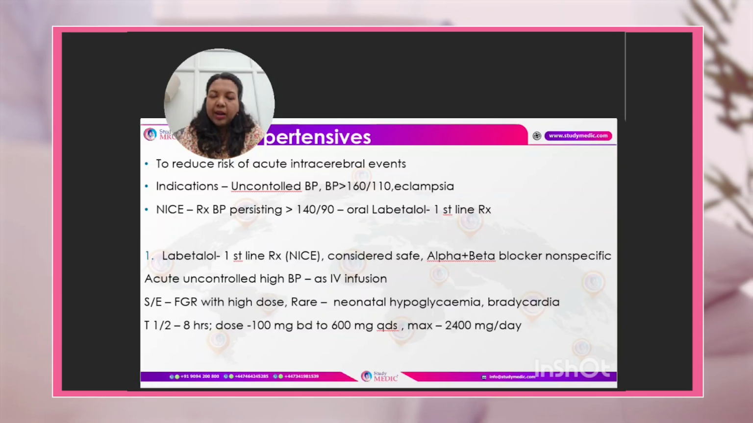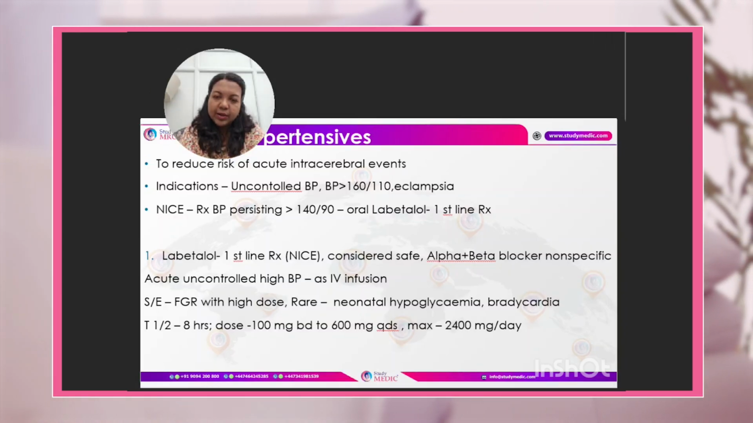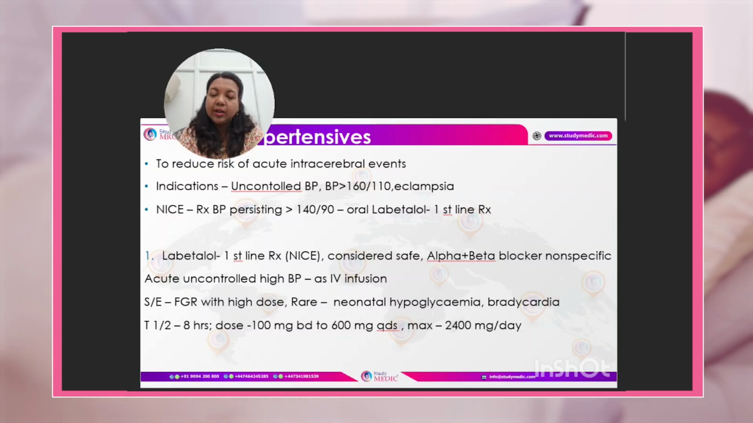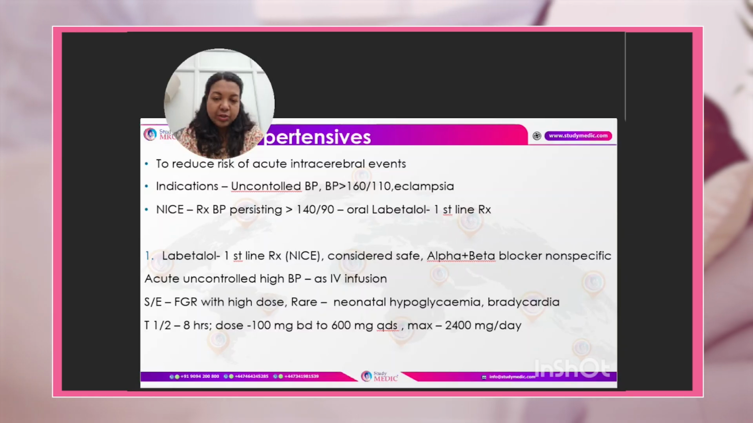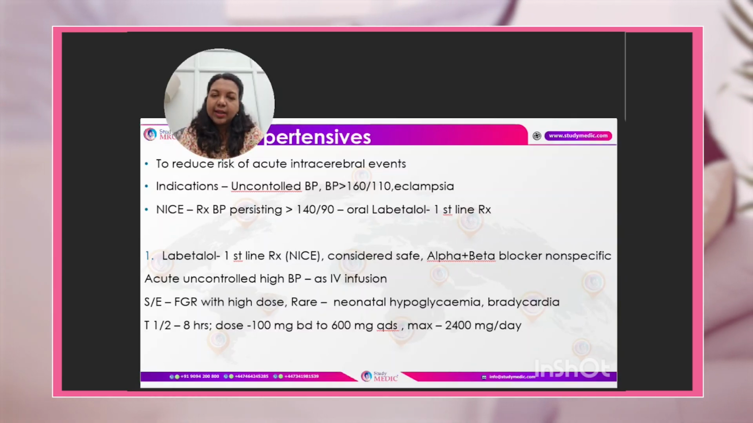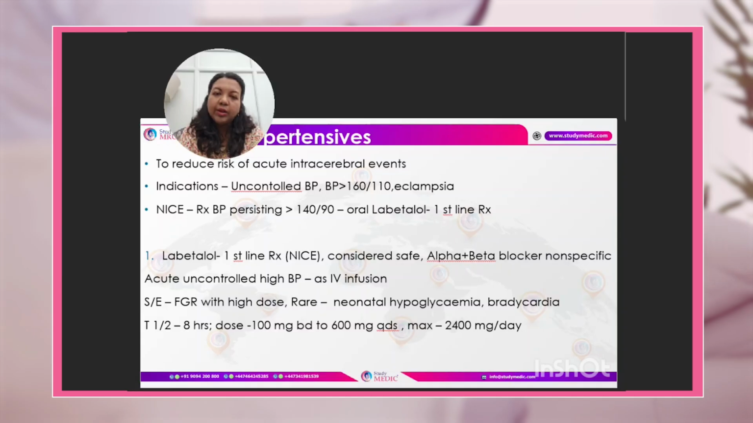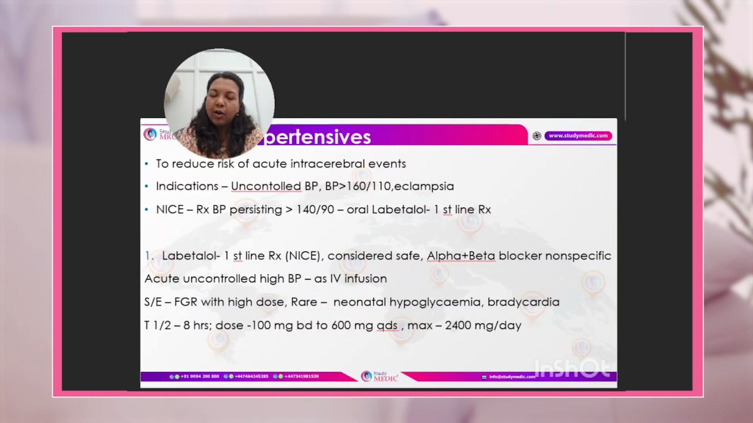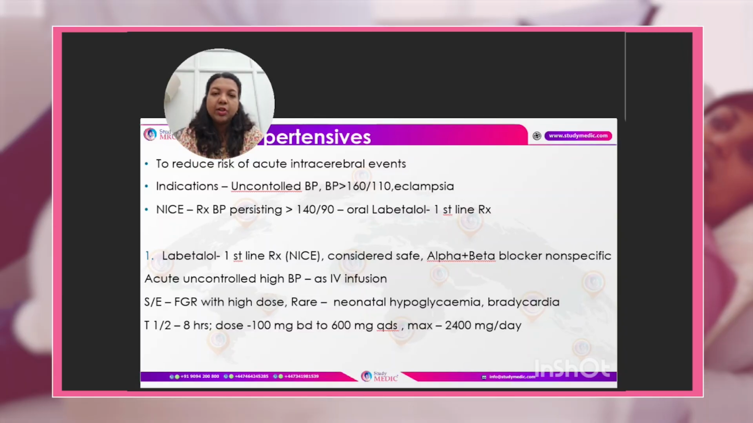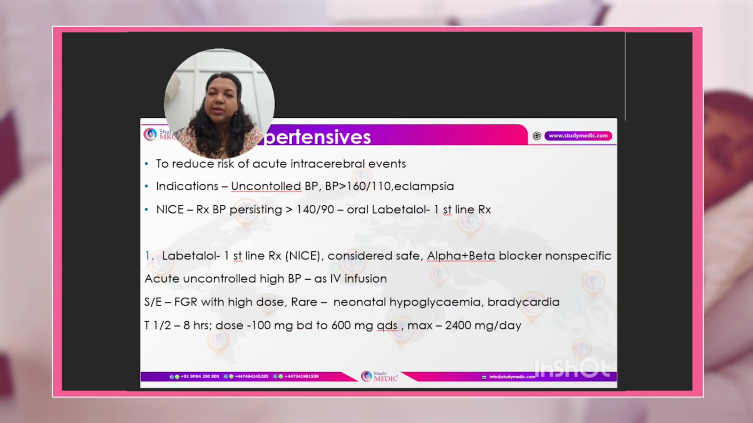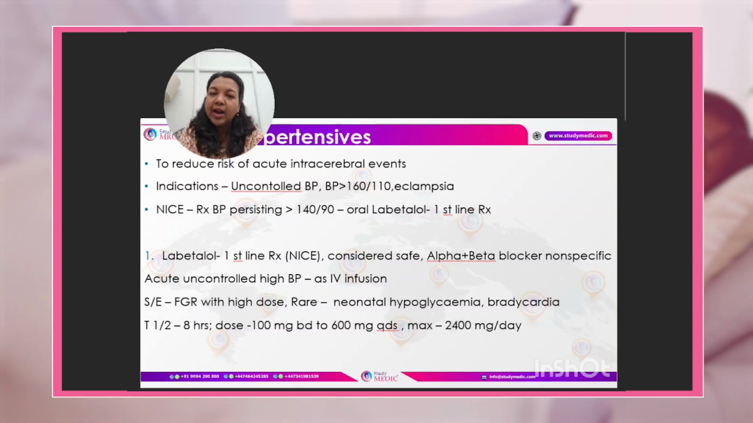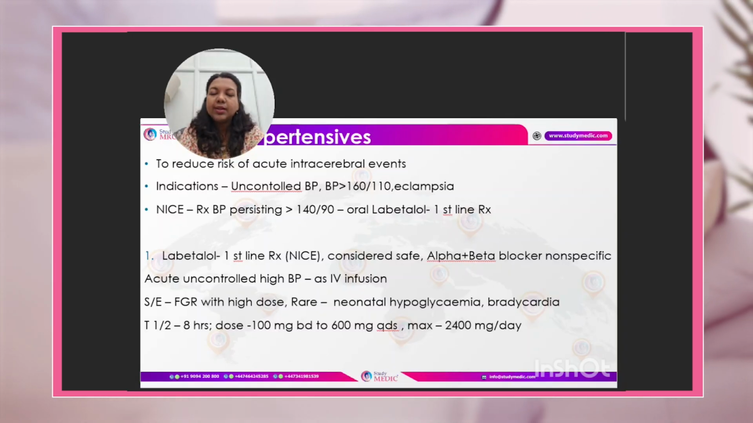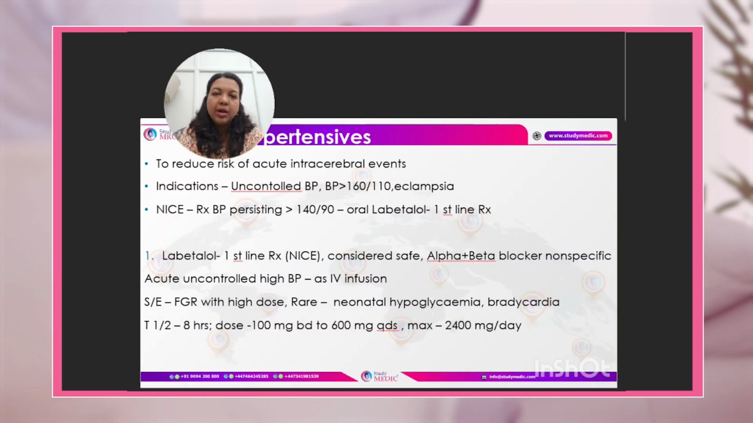So the main purpose of giving antihypertensives is to reduce the risk of acute intracerebral events like stroke and intracranial hemorrhage, which have the potential to cause maternal mortality. So it is indicated when the blood pressure is more than 140 by 90 millimeters of mercury in case of OPD management, but in case of a hypertensive crisis or uncontrolled blood pressure, if it is more than 160 by 110 millimeters of mercury, there is still a very high risk of having a stroke. So we have to give the intravenous preparations or the sublingual preparations, whichever is readily available, in order to reduce